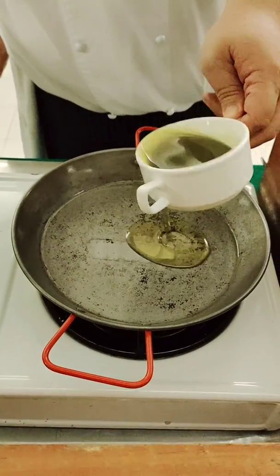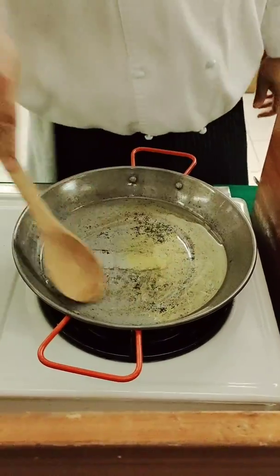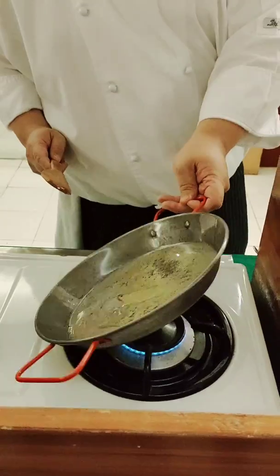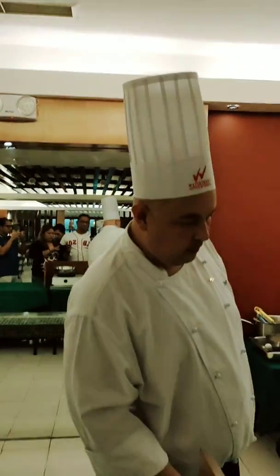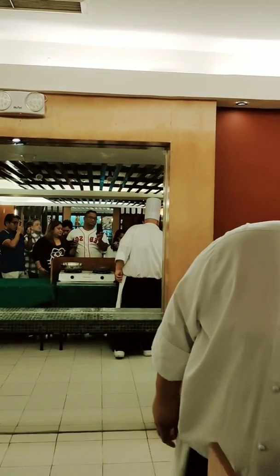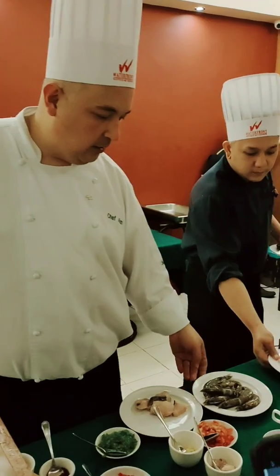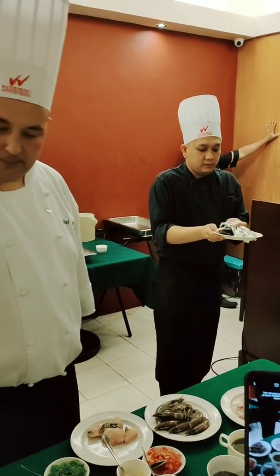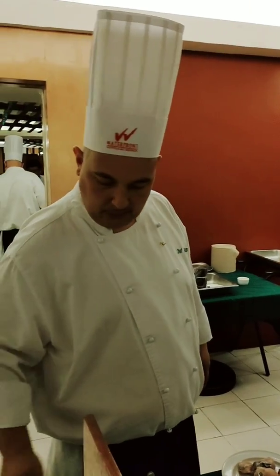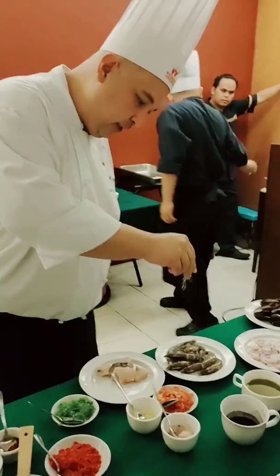On top of this, we will put some seafoods. What we're using is also olive oil. So the seafood that we'll be putting is some mackerel, some shrimp, squid, and some mussels. So first we'll season everything. Make sure that